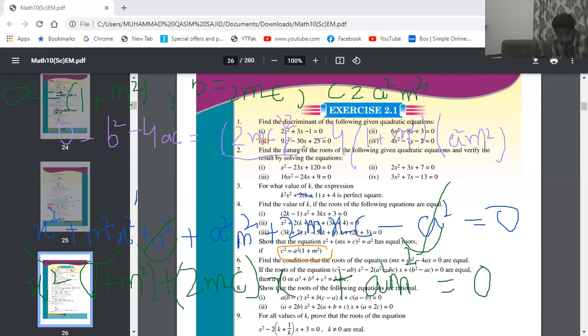So this value must be equal to 4 m square c square